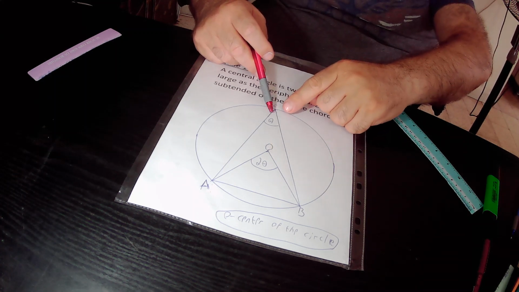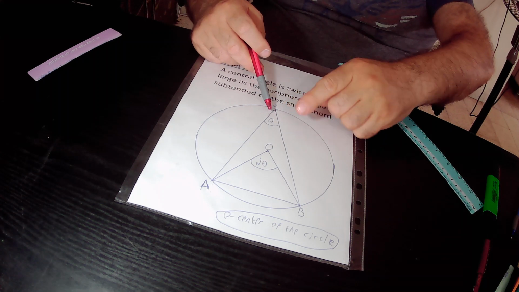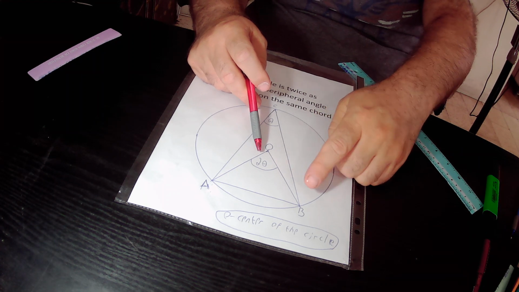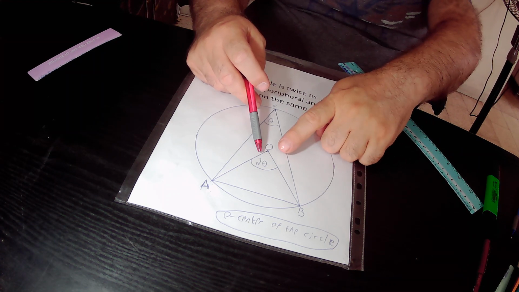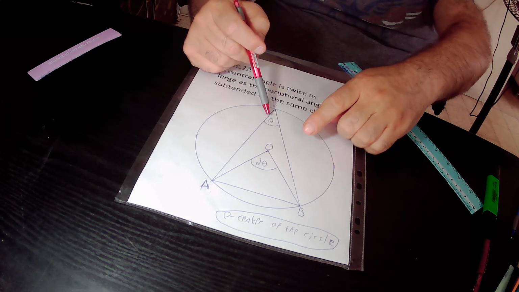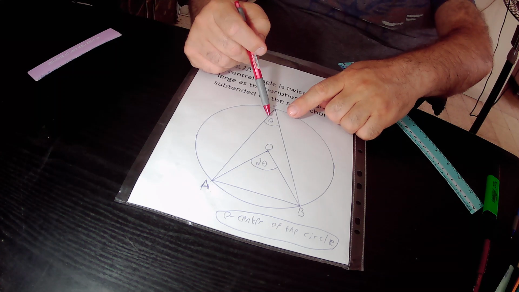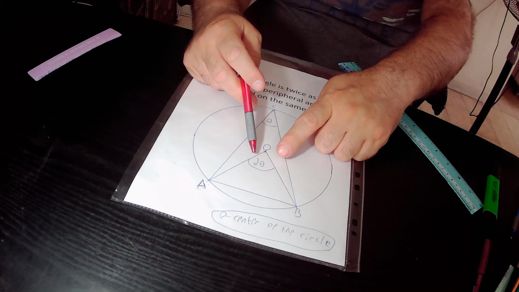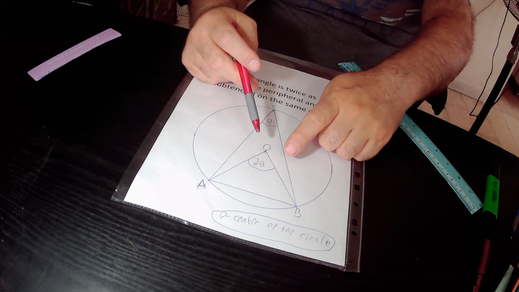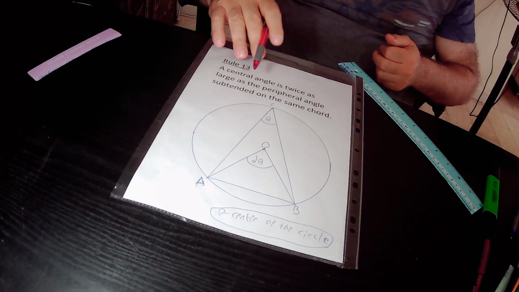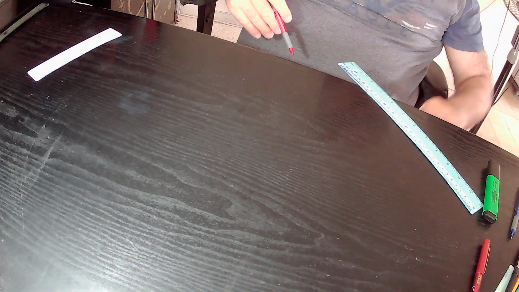So this is the peripheral angle ACB that is subtended on chord AB. This is the center angle AOB that is subtended on the same chord called AB, and therefore the size of center angle AOB must be twice as large as the size of this peripheral angle ACB. And the size of peripheral angle ACB is theta, and therefore the size of the center angle AOB that is subtended on the same chord called AB must be equal to 2 theta. So we can implement rule 13 in our drawing. Why? Because in our drawing